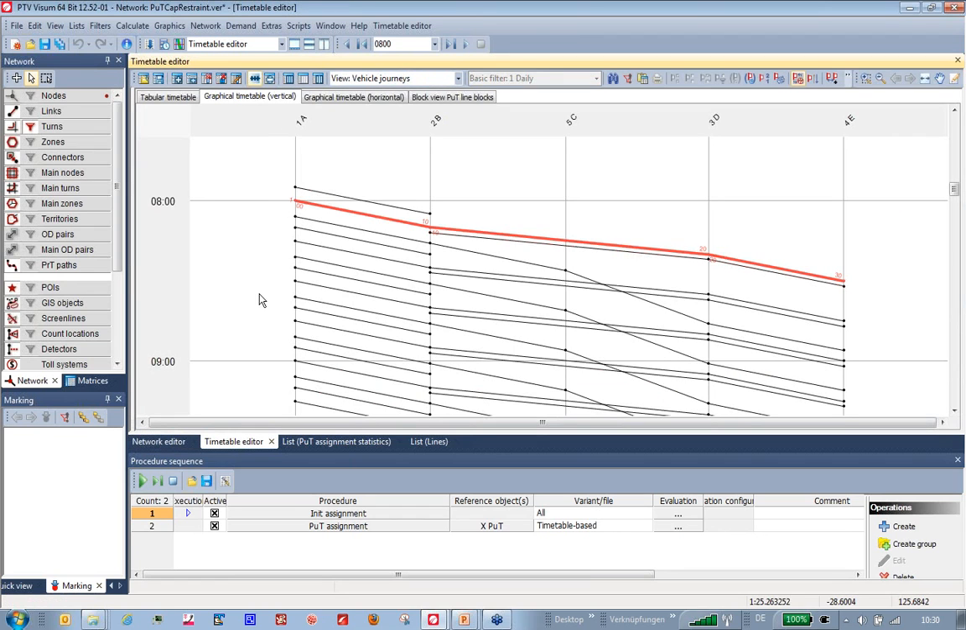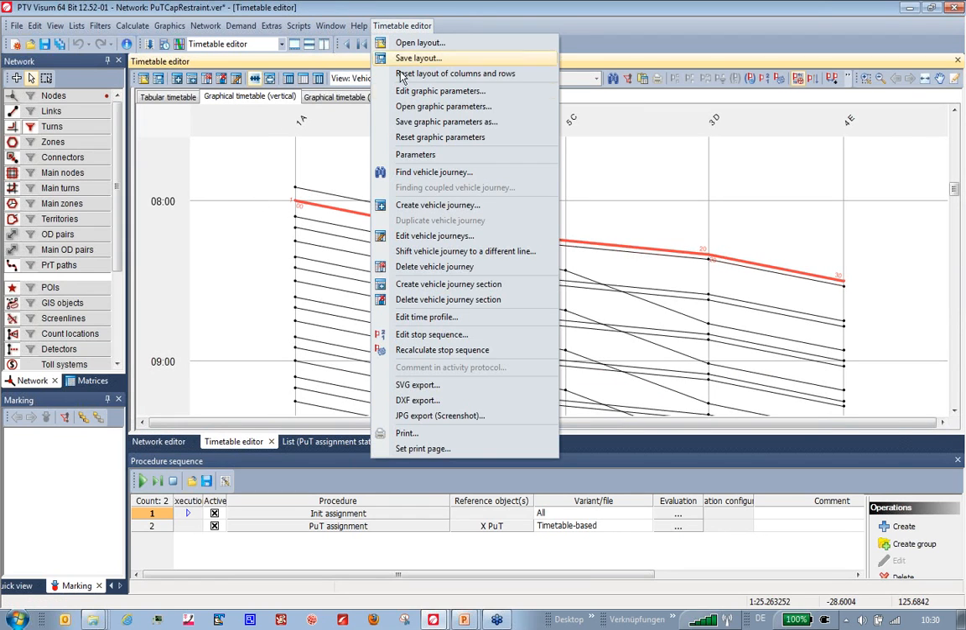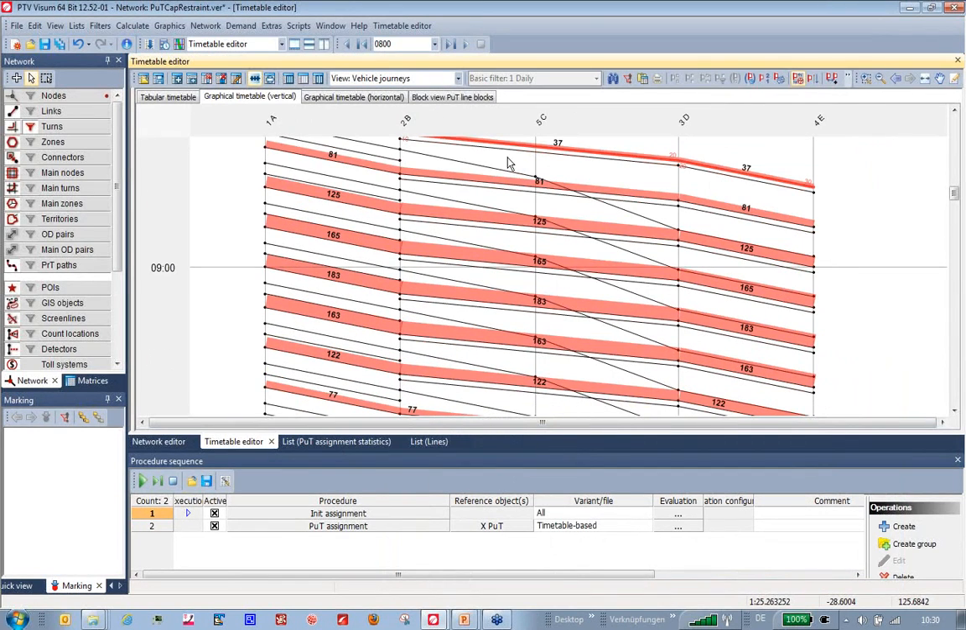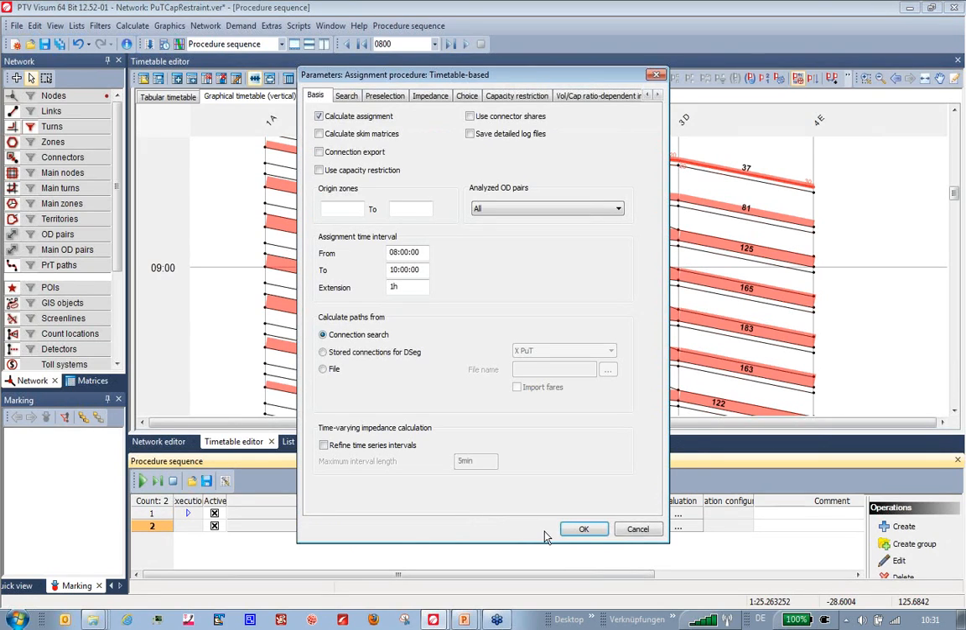If you look at this in the timetable editor view, and if we are adding the volumes here, we can see in the beginning the volumes are roughly 40, rising up to 60, and then going over 100. And this is of course not realistic for a bus service, because the capacity of a bus may be around 100. In order to reflect this in the assignment, we can use the capacity restraint option within the timetable-based